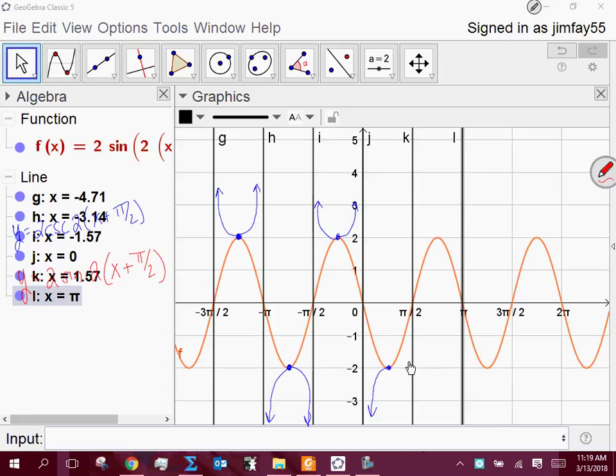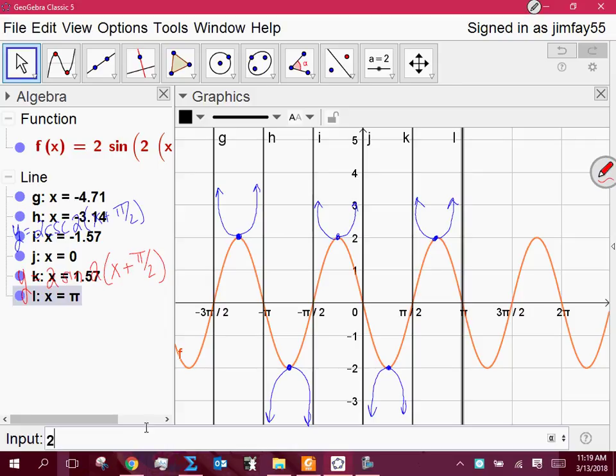It might tell me to do 2 complete periods. It might say do 1 complete period. It might tell me to graph it between a certain interval. Okay? But we start getting those curves, right? And those curves then are, if we put all of them in,